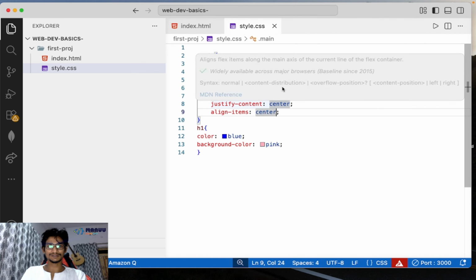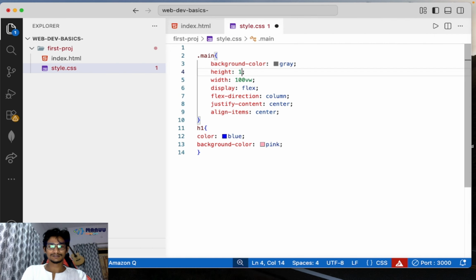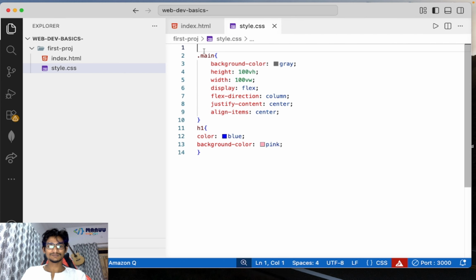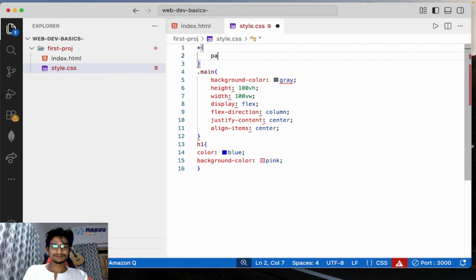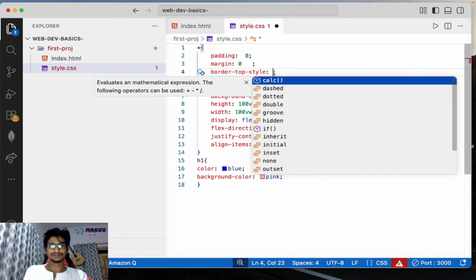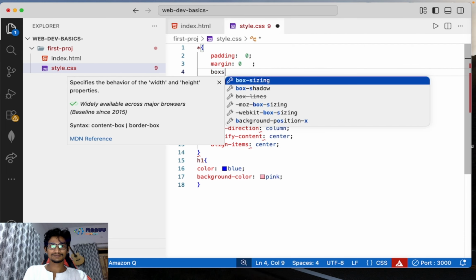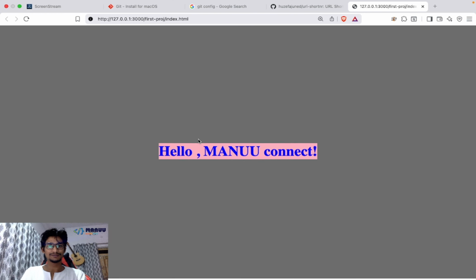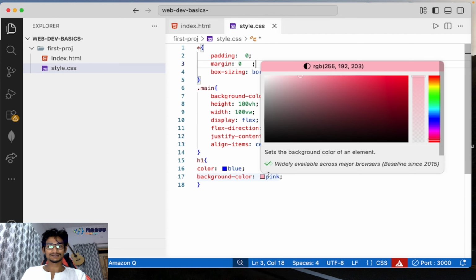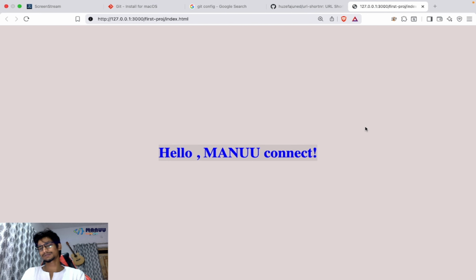Simple, and let me fix the heights as well, 100 vh. Okay, padding 0, margin 0, and box-sizing border-box. Okay, and let me make the colors better as well. Awesome. So this is my Hello Manu project.